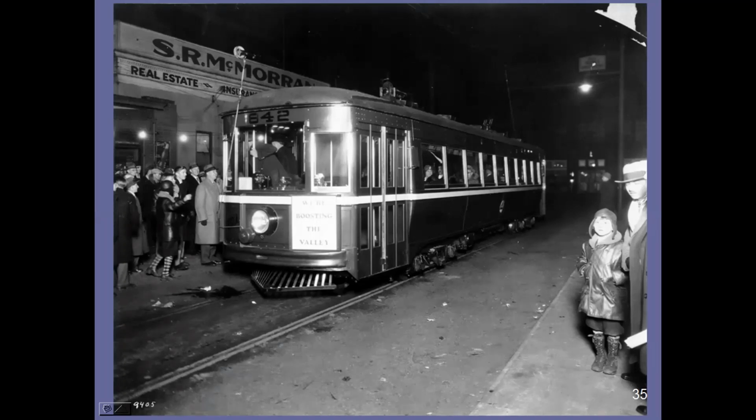These cars could run about 43.5 miles per hour, about 10 miles per hour faster than the older cars, and they carried 48 passengers. This introduction was a really